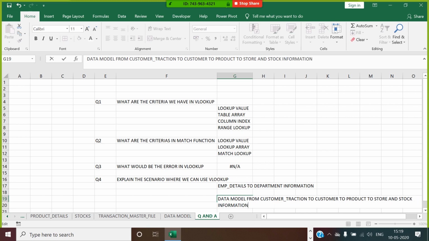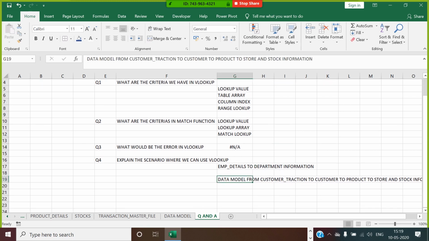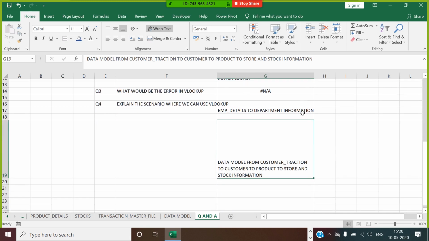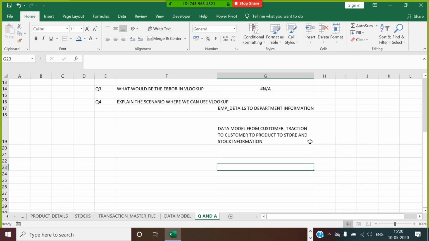So this is the example which you can share. This is how we go for using VLOOKUP. Making sense, guys? Yes, sir. Okay.